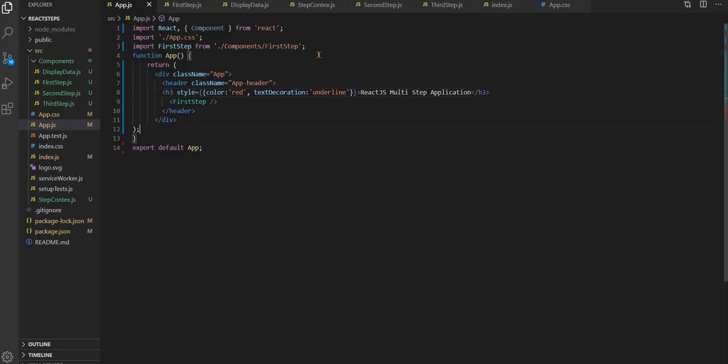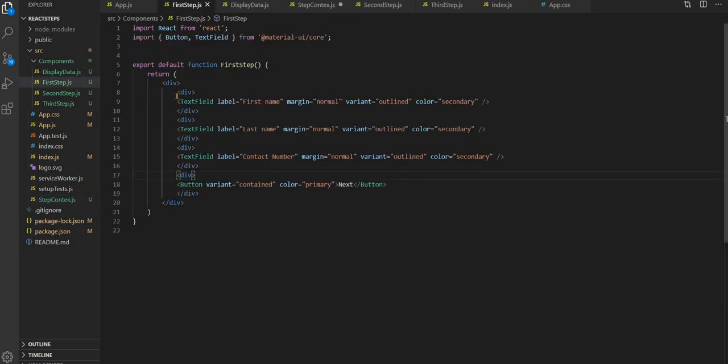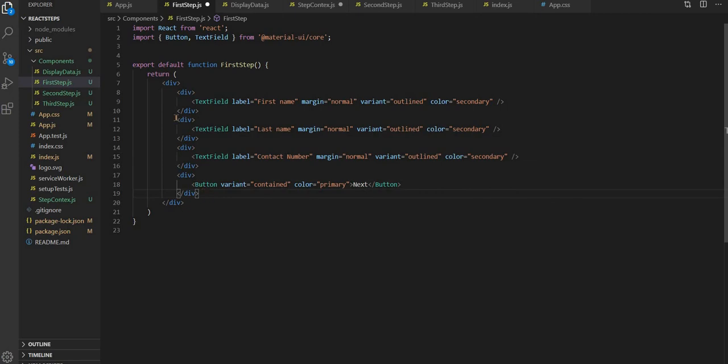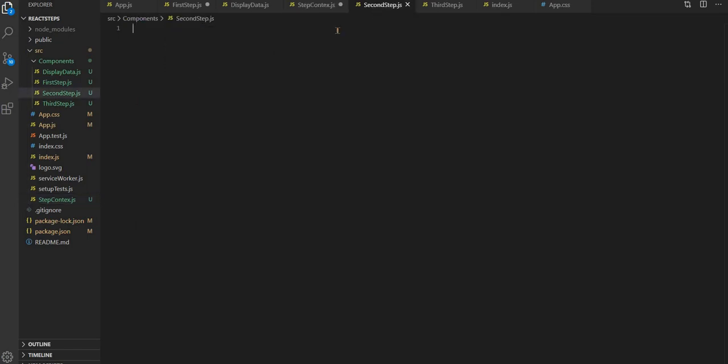So let's create the second step and third step. So what I will do, I will create the function component, and the same thing I will put there as well. So just giving some space to get it better. So inside it, you just copy this and just put into the second component.